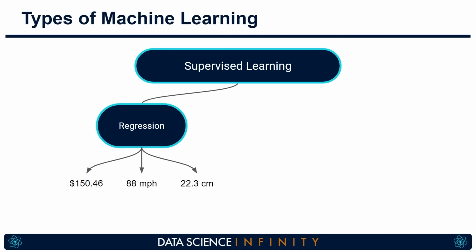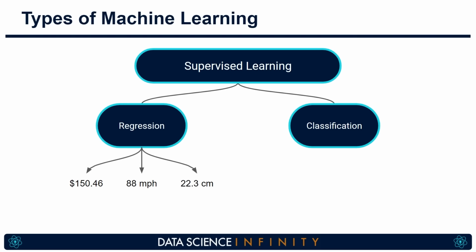The other type of task within supervised learning is classification. And as you can probably guess from the name, this is all about predicting which group or which class a data point will be in. Examples could be a simple yes or no, perhaps predicting whether a customer will sign up or if a customer will churn, predicting whether an email is spam or not, and we can even predict into multiple groups, so perhaps predicting images of animals as either dogs, cats, rabbits, or horses. So this idea of regression and classification is a really important distinction within supervised learning, and we'll often use different algorithms to solve these two types of problems as they are fundamentally different tasks.